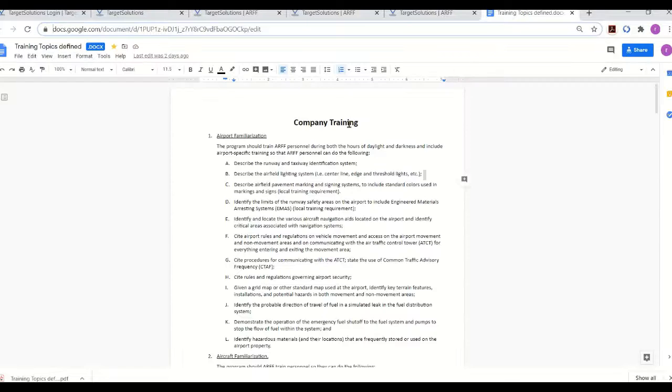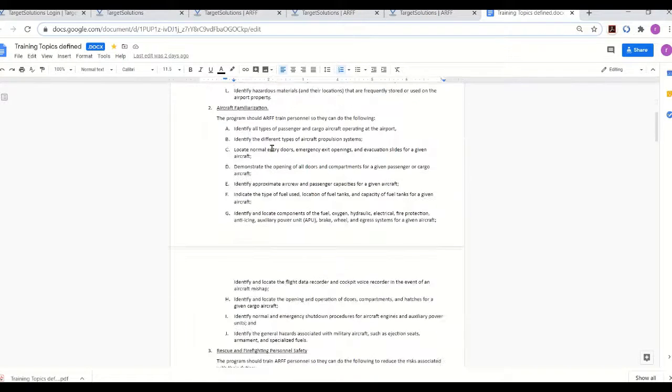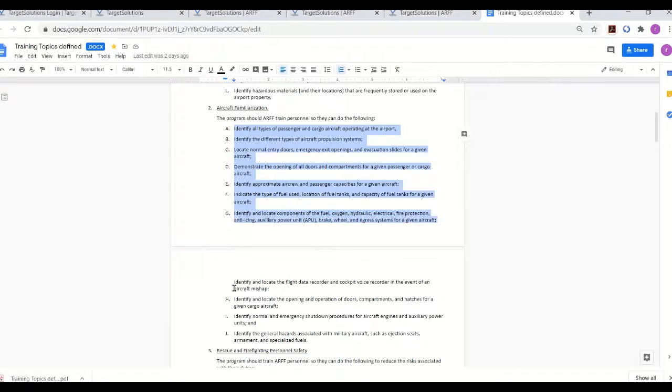If you pull up your AC circular here under aircraft FAM, these are all the objectives that you can take credit for on it. All these right here, these are listed in the training reports. Let's say on aircraft FAM, you demonstrated the opening of all doors and compartments of a given passenger or cargo aircraft. Let's say you did that. Also, you identified and located the opening and operation of doors, compartments, and hatches for a given aircraft. That sounds the same. So anyways, we'll go back to the